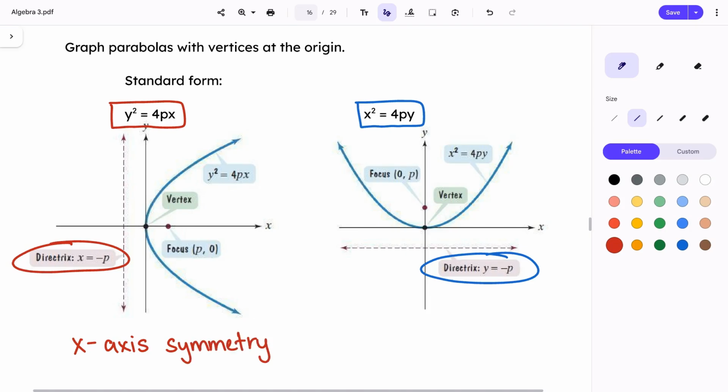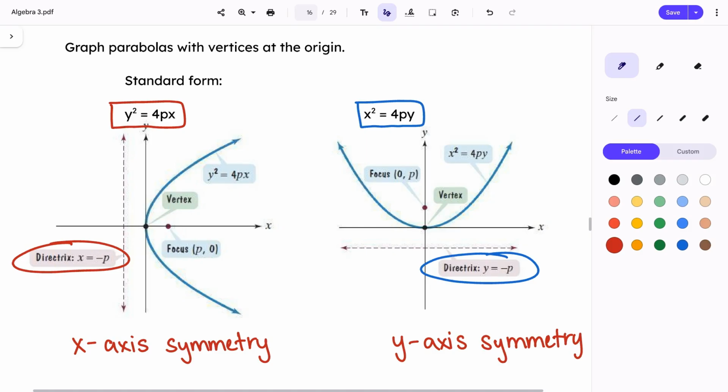And when the x squared comes first, the y-axis is going to be our line of symmetry. So just keep that in mind. Some of those things are going to always tie together when we're graphing these parabolas. So if we turn the page, I'm going to show you